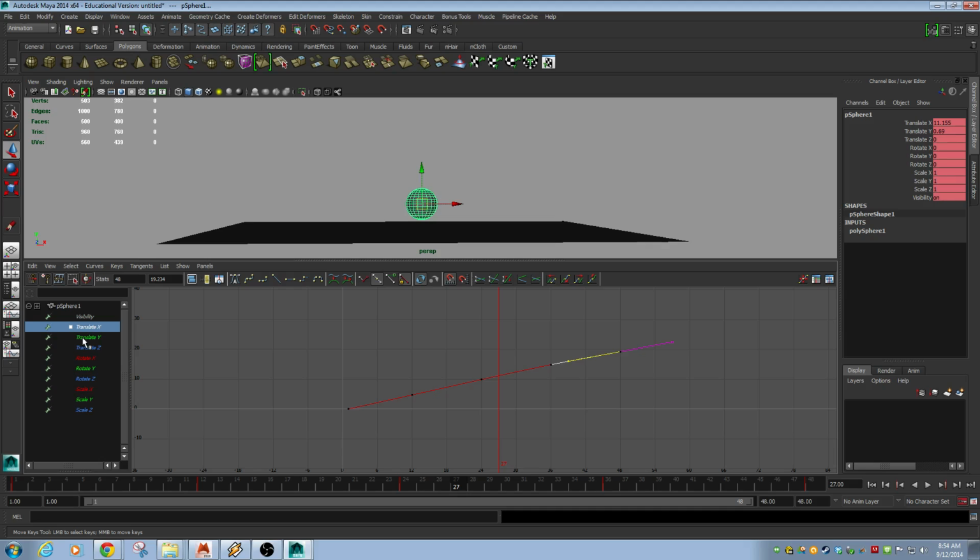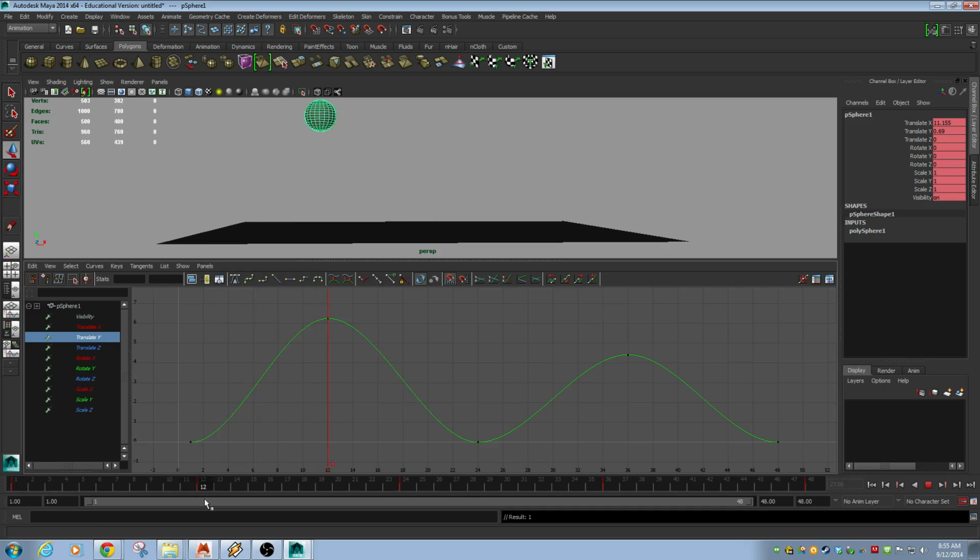Now let's go to translate Y. That's our up and down, and as the video we watched about timing and spacing said, your up and down motion, or your timing and spacing, is going to tell you something about the ball, right? So let's look at this. If we see it now,